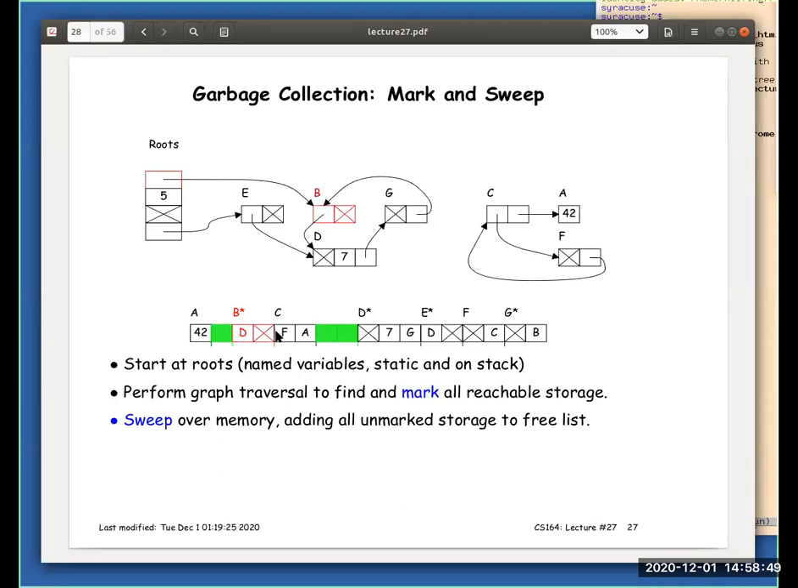So here are the things that have been marked as I go through. Not exactly sure why E is not turning red here. And now that I've marked all that reachable storage, I sweep over everything. And, oh, there's E, finally. I had to get down to that point in the root. And then